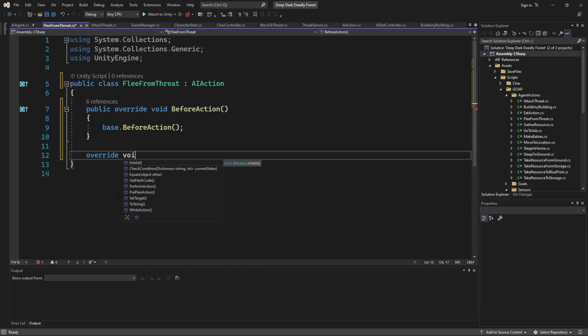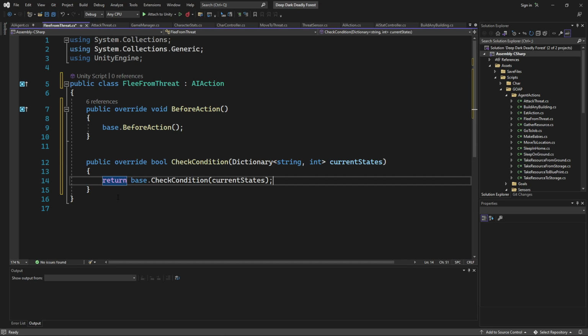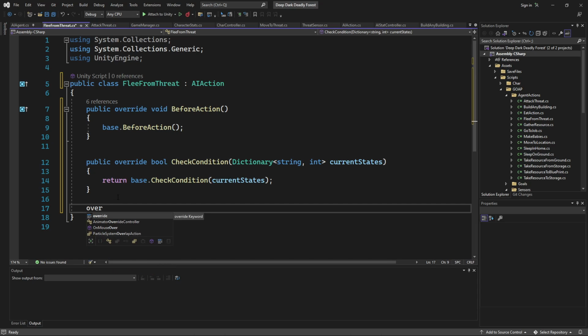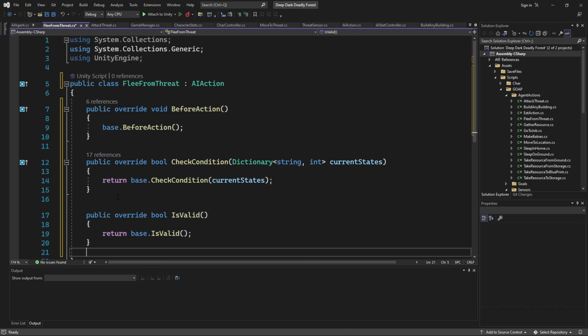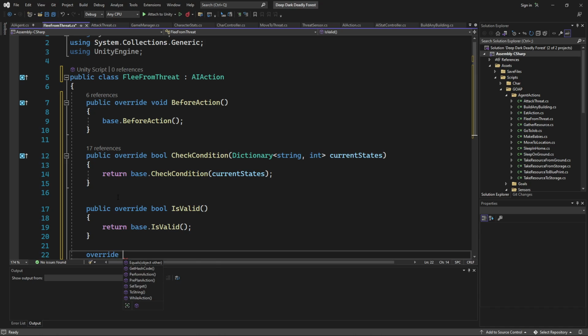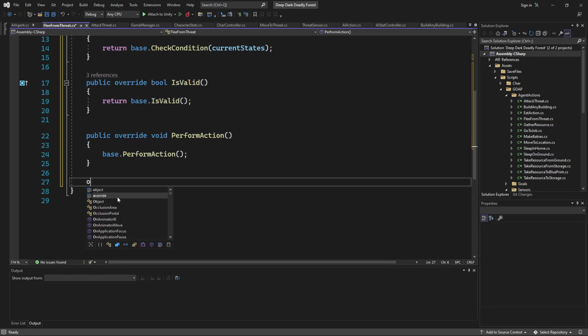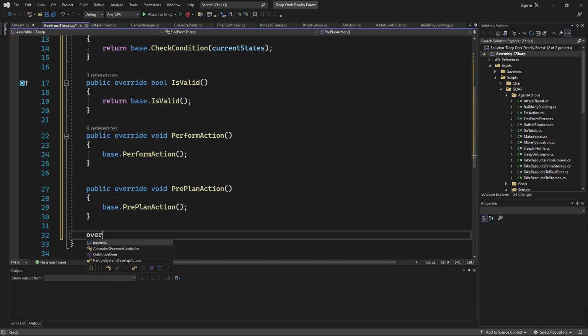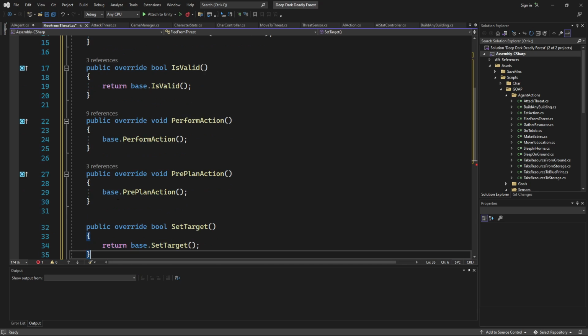These actions are a little bit easier than some of our other actions because it's using the sensors determining the target instead of the action finding a target. Override. And for this one, let's see, set target,